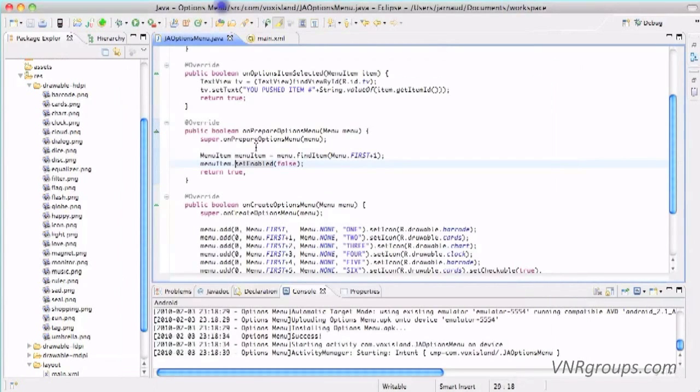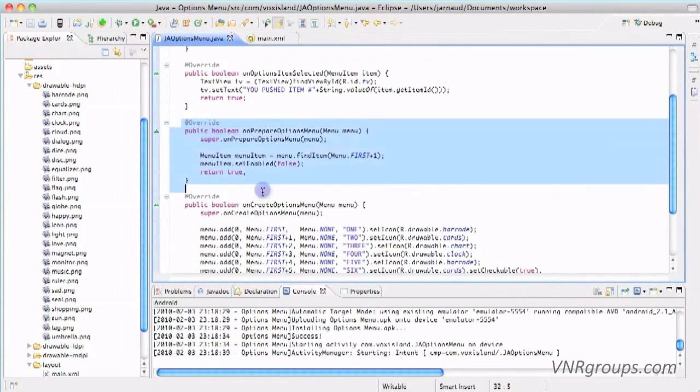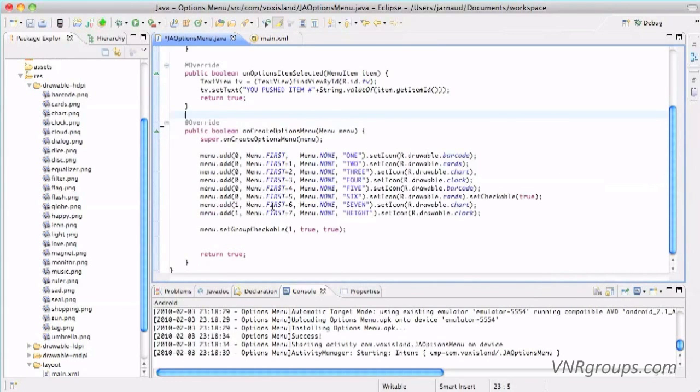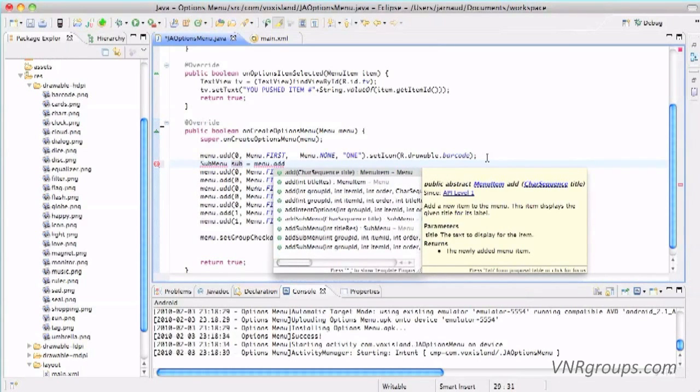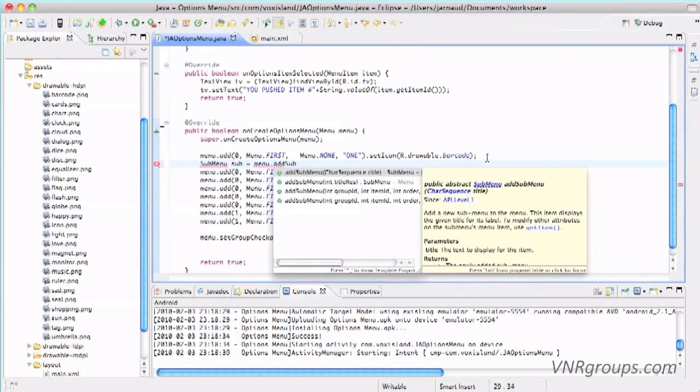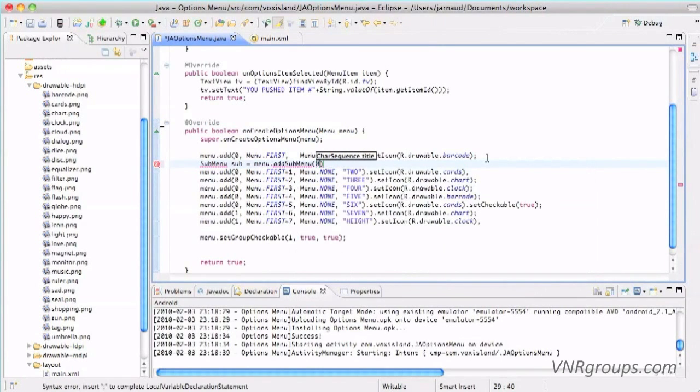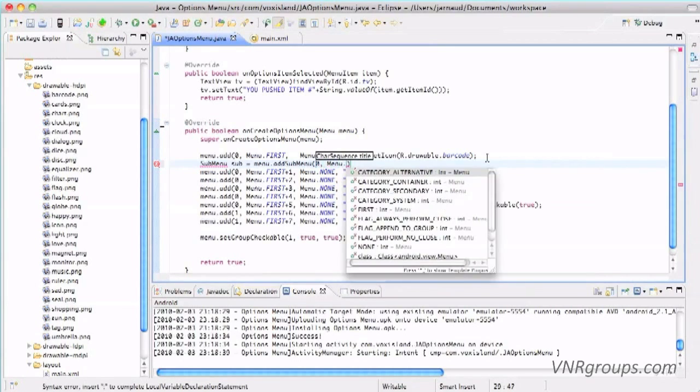It's good to have menus, it's even better to have submenus. So what we are going to do right now, after I cleaned the code, we're going to create a second item that will be a submenu. So I will use a new object, SubMenu. I will name it very simply sub. It's a menu.addSubMenu, and I'm using 0 here,